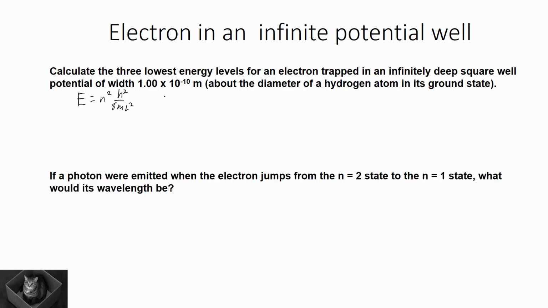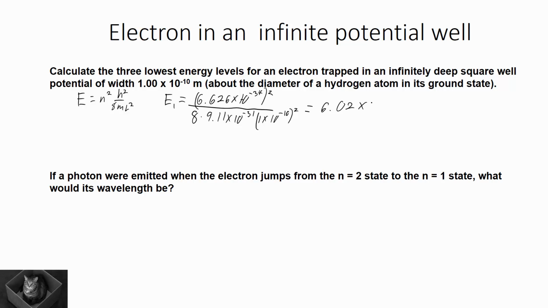So I'm going to go ahead and find the first energy level, where n squared is just 1 squared, so it's 1. I've got Planck's constant squared, so 6.626 times 10 to the negative 34th. Got to square that guy. Over here I've got 8. M is the mass of the particle that's in the box, so this is an electron, 9.11 times 10 to the negative 31st kilograms, times the length of the box, the width of the box, so 1 times 10 to the negative 10th, and we have to square that. This gives us